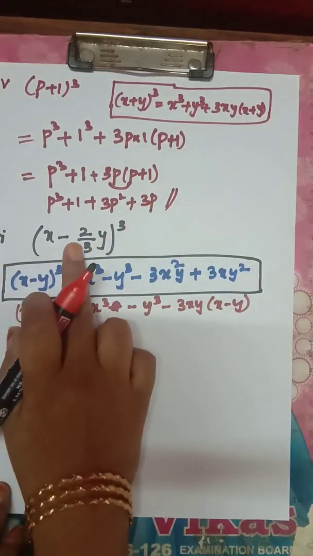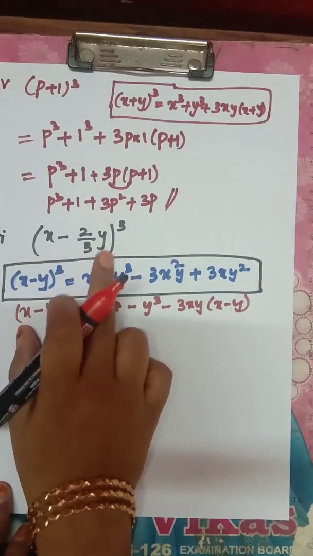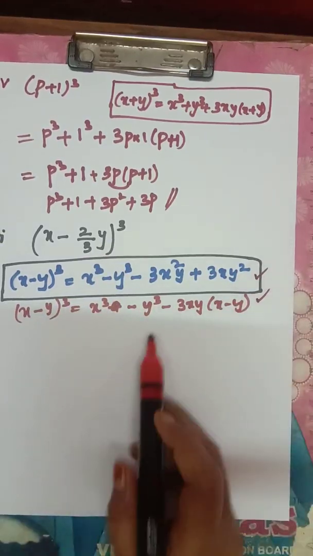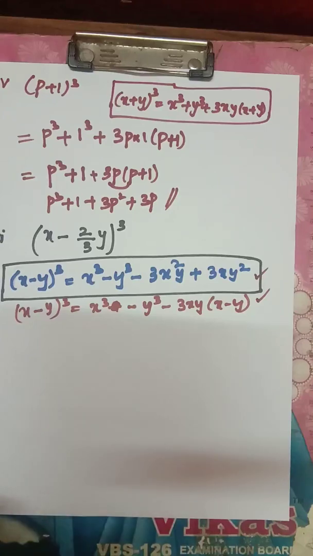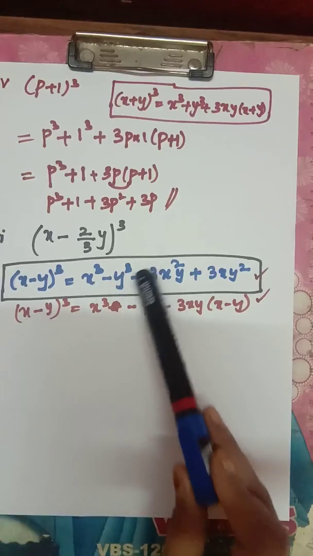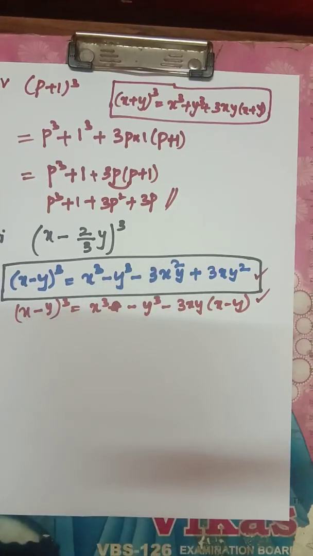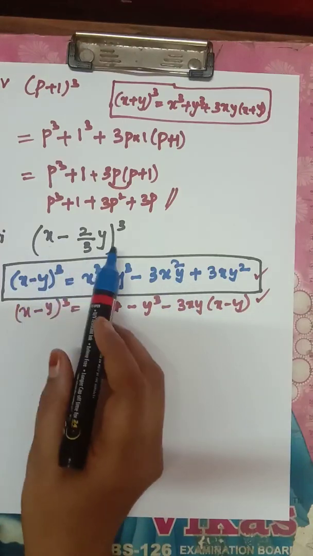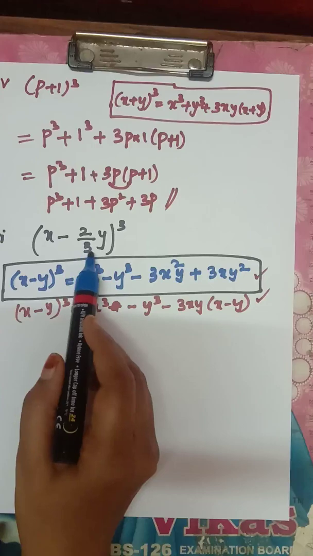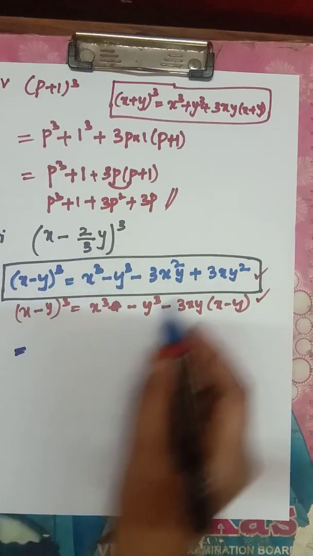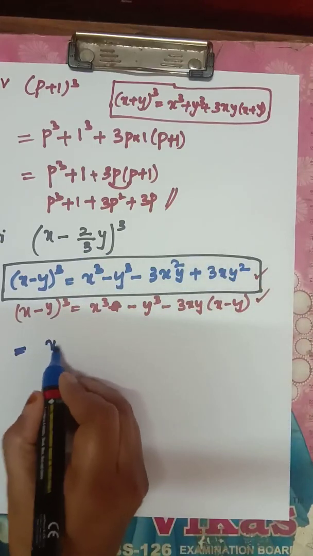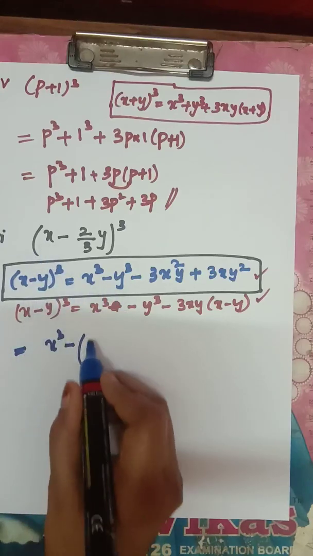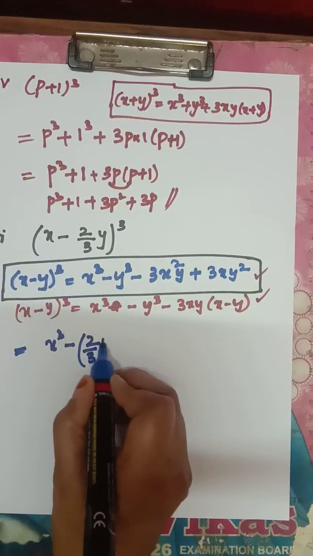Next one, (x - 2/3 y) whole to the power of 3. Here two formulas are there, you can substitute in any one. This formula I did in the previous one, so I'll do it with the first formula so that you can learn this formula too. In the place of x, I am going to substitute x, in the place of y, I am going to substitute 2/3 y. So in the first formula I am substituting x cube minus, in the place of y, (2/3 y) cube